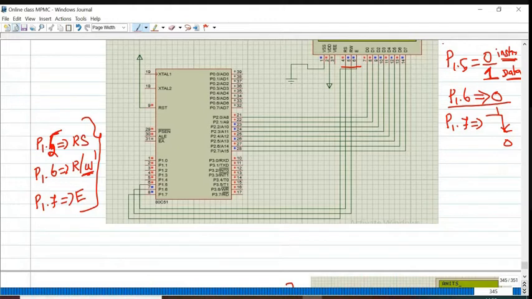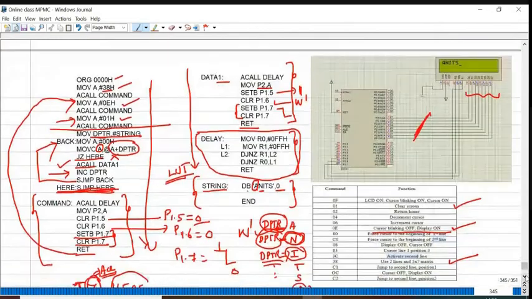Whenever you are instructing or commanding the LCD display, this P1.5 must be 0. Whenever you are transmitting the data, in this example, capital A, N, I, T, S, at last 0, that time you have to make P1.5 as 1 for data transfer. That is what I have written over here.